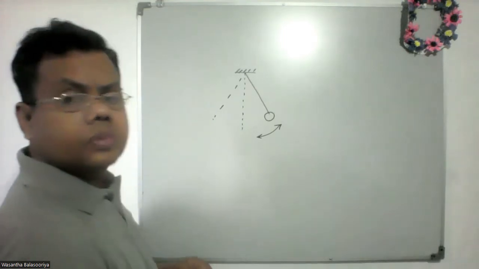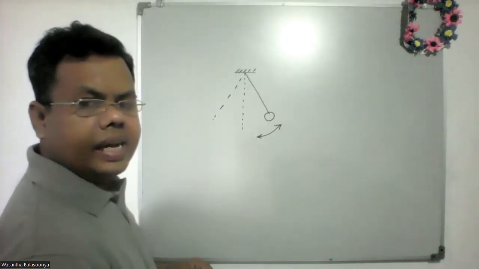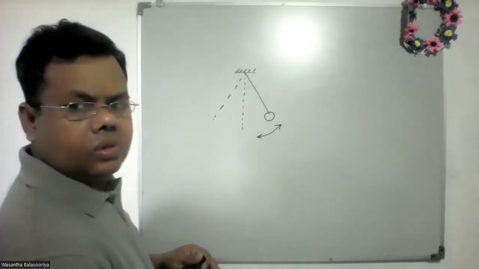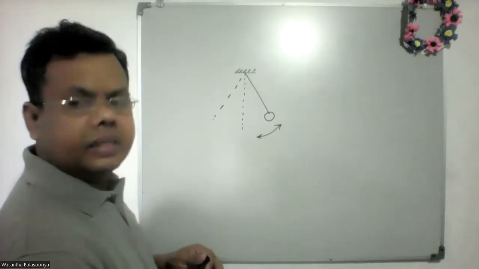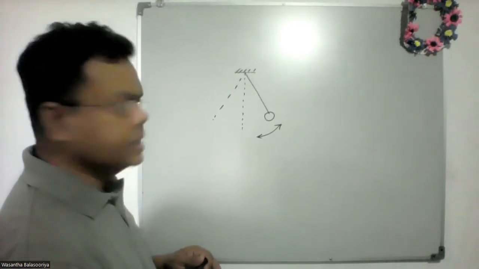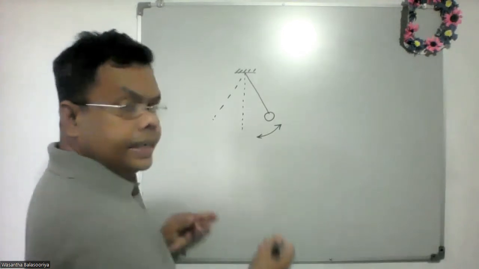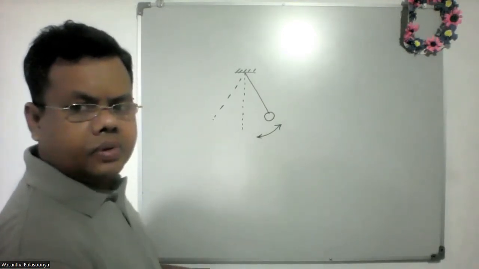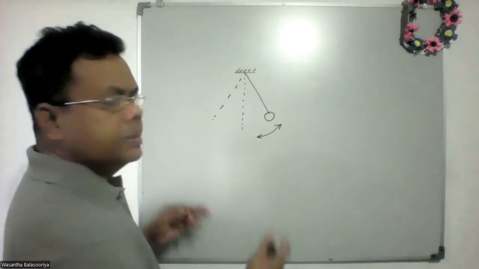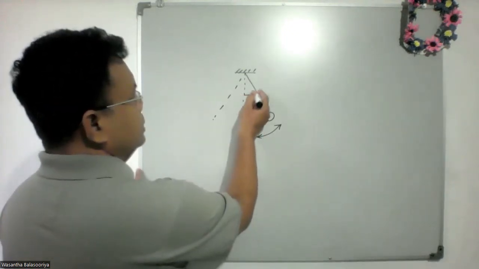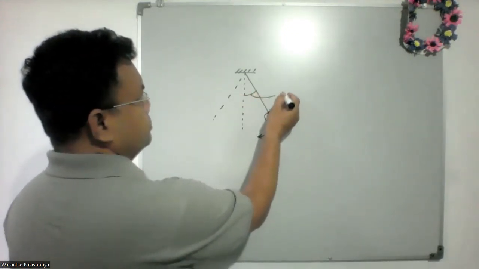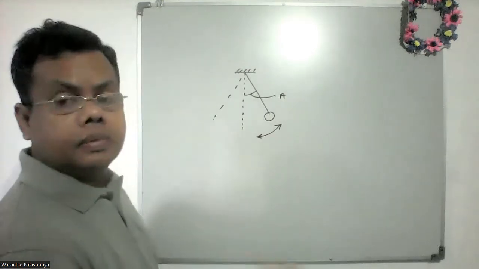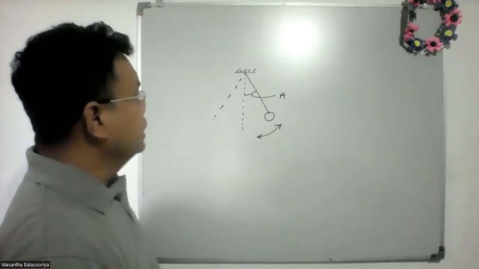The maximum displacement towards any direction is called the amplitude of simple harmonic motion. Amplitude. Here, in the case of a simple pendulum, it is an angular displacement. So this is the displacement, the maximum displacement towards any direction, and